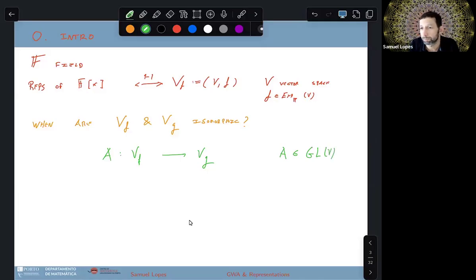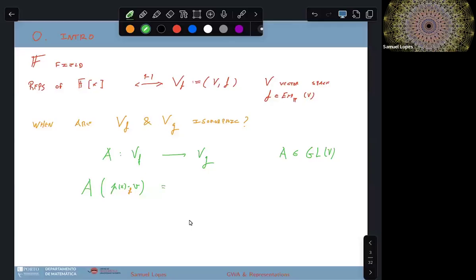But this must also respect the module structure. And this means that if I have some element of the polynomial ring, let's say P of X, acting on V, this action takes place in VF. So if I wanted to be extra careful, but I don't, I would write an F here to remind you that this is the action in VF,